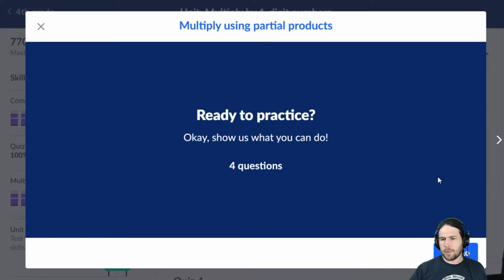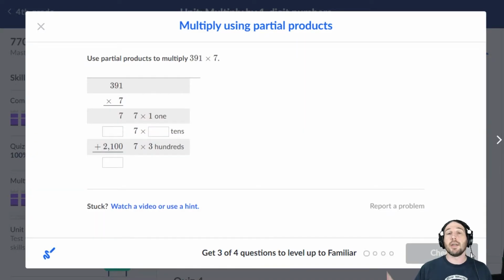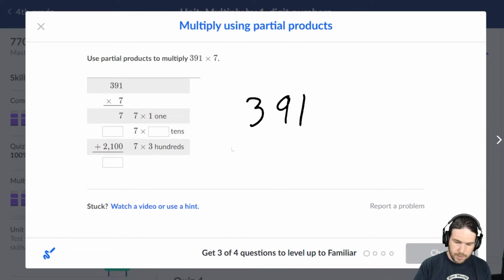Okay, partial products. Just another way to look at the same thing we've been doing, right? Same process, same conclusion, just a different way of looking at it for folks who might need something a little bit different. Think about this. If I see 391 times 7,